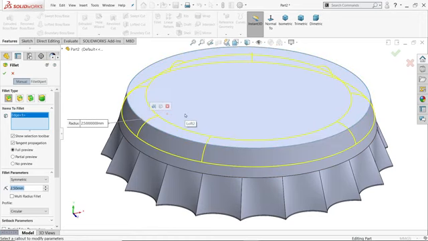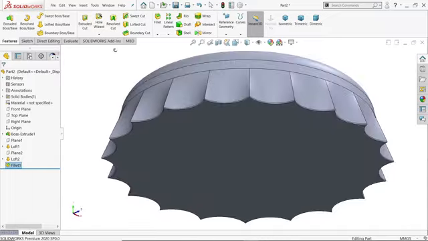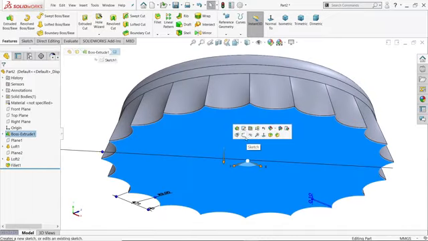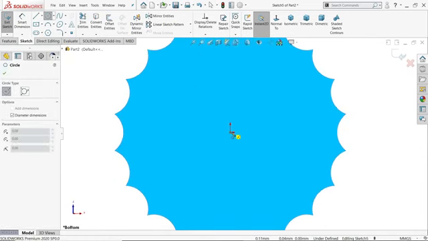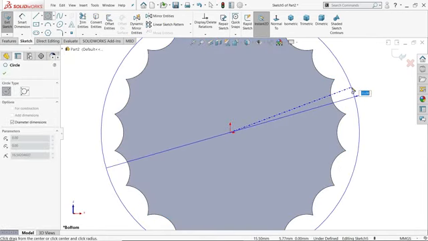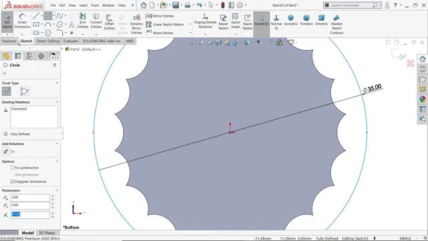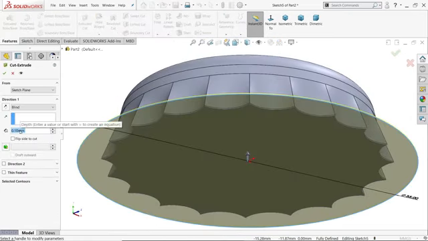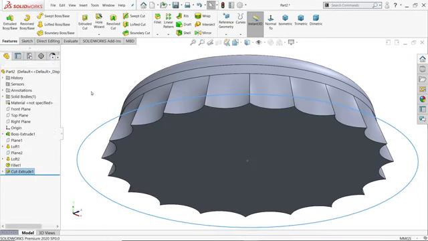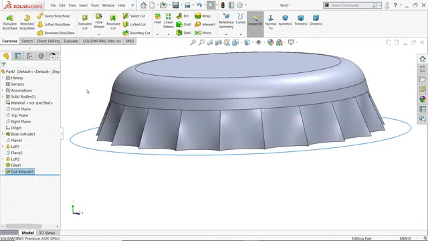I'll choose edge or face. Now that's fine. Select this sketch. Now I want to trim. So let's make a bigger circle like 35. Extruded cut and we will trim 0.01 mm. Say yes. Now that's it.